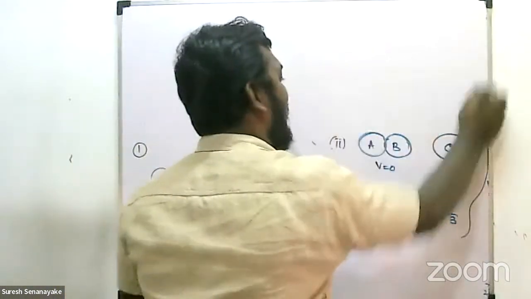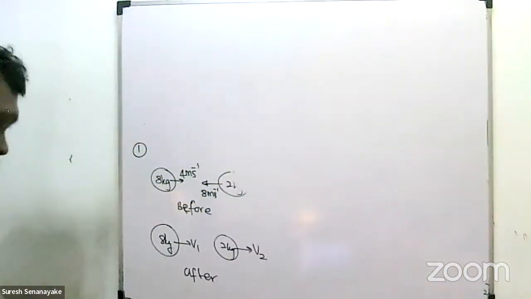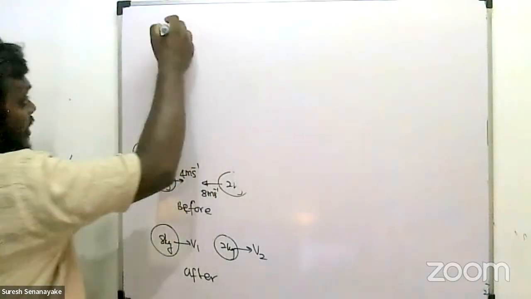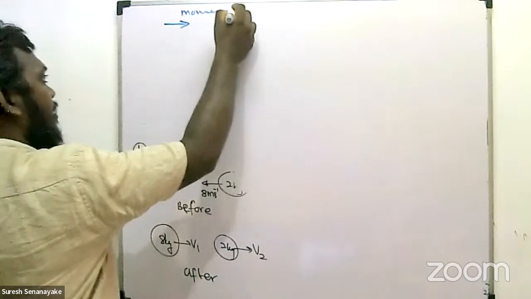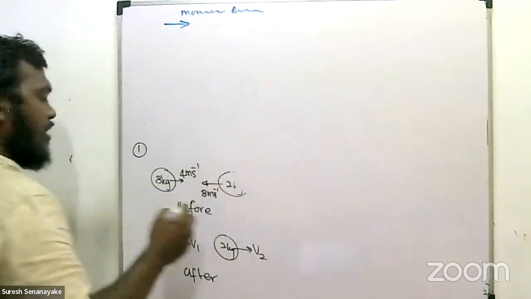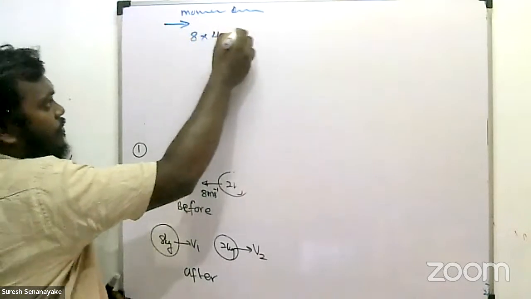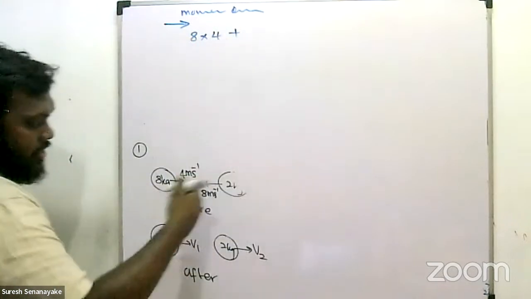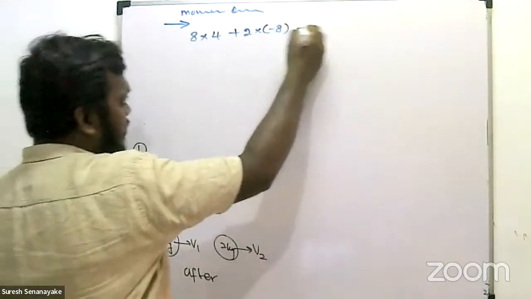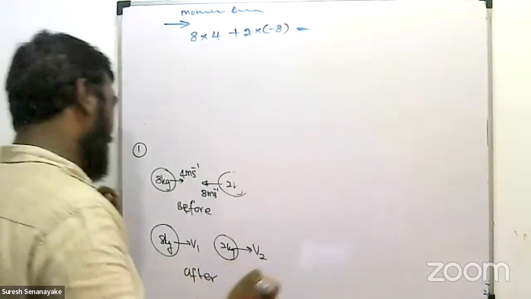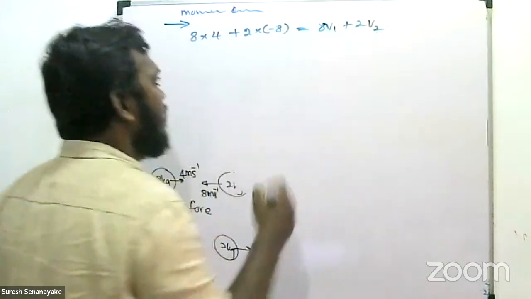So, one by one, and then okay, then this is the case, right? You apply the momentum conservation, right? That's applying momentum conservation to this direction. Then initially this one has 8 kilograms into 4, plus this is the opposite way it is moving, that's 2 into minus 8. After the collision these two are taken as moving in the same direction, that's 8v1 plus 2v2, right?